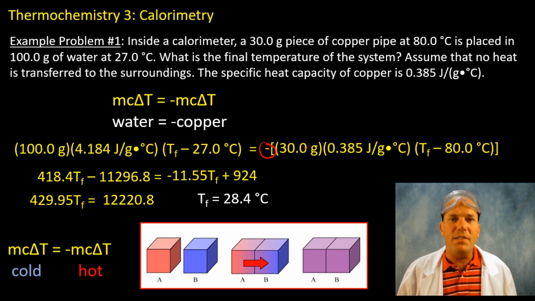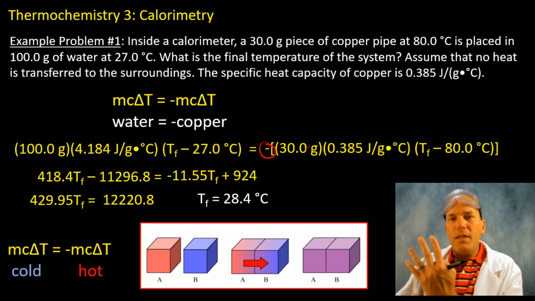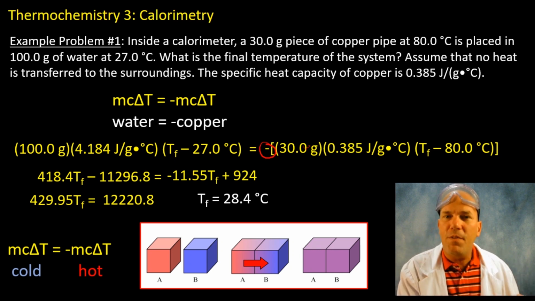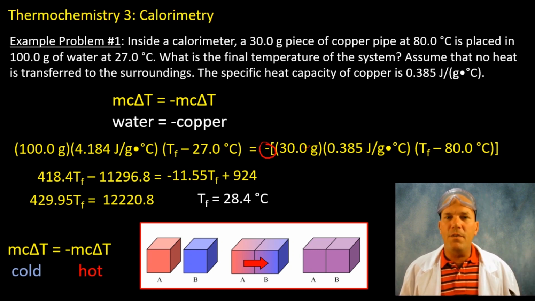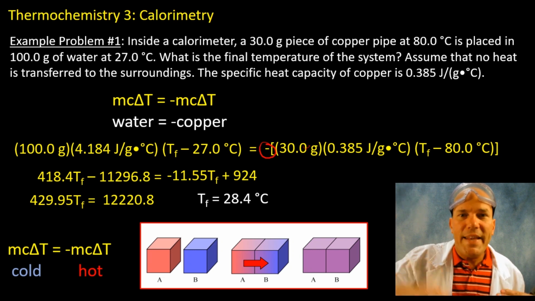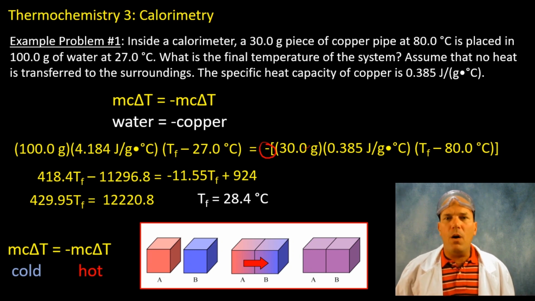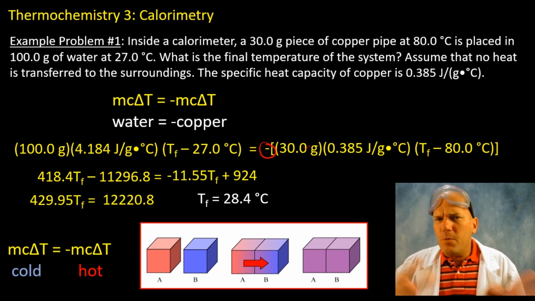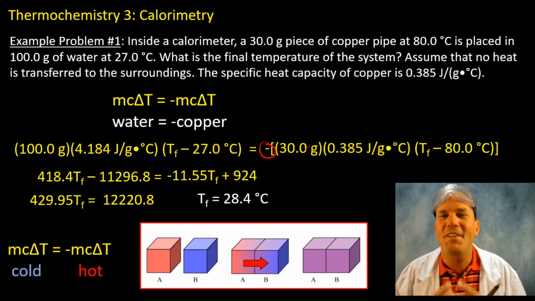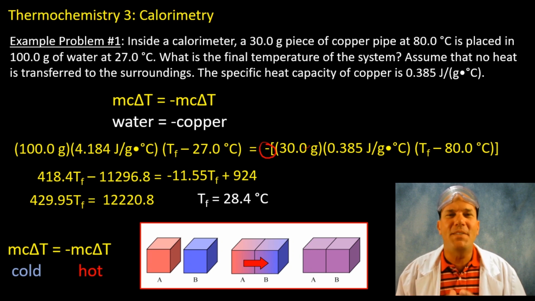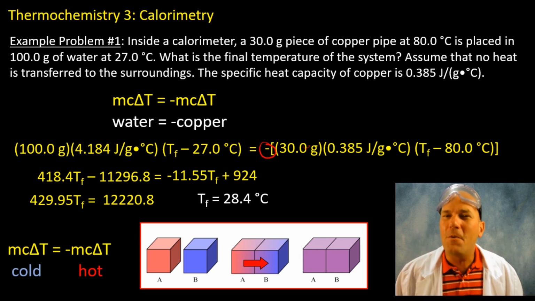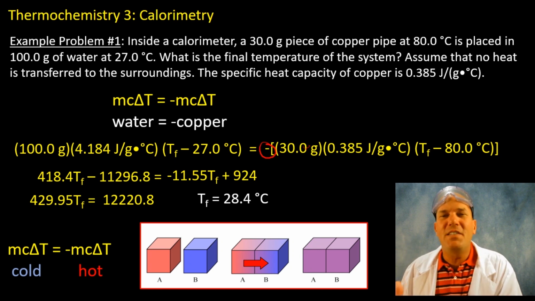So it makes sense. For the system, the temperature of the copper pipe is equal to the temperature of the water. If we look at them individually, the temperature of the water went up, the temperature of the copper went way down. Why did the temperature of the water only go up a little bit relative to the copper? Because water has such a high specific heat capacity of 4.184 compared to a